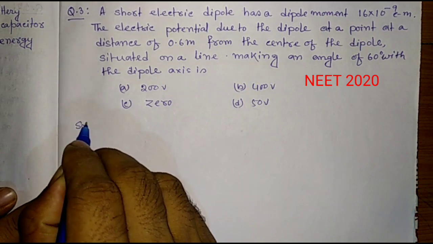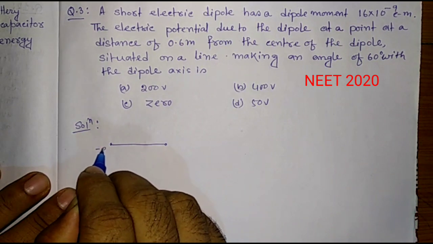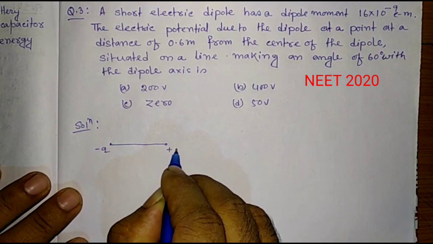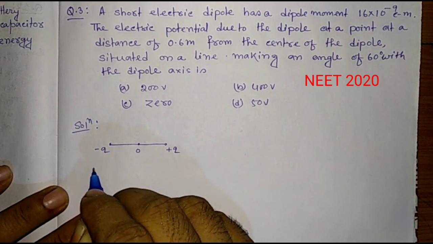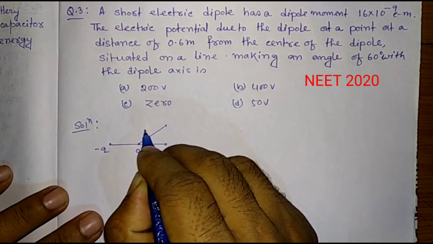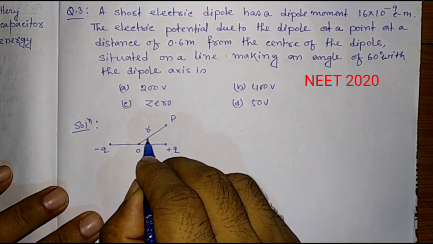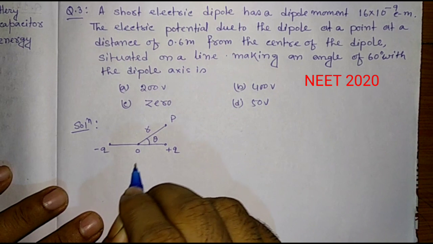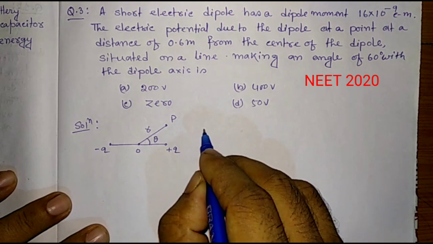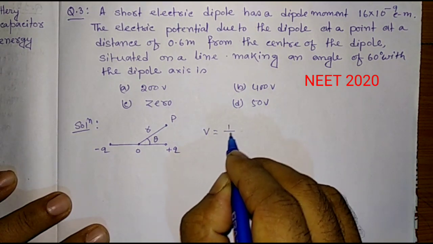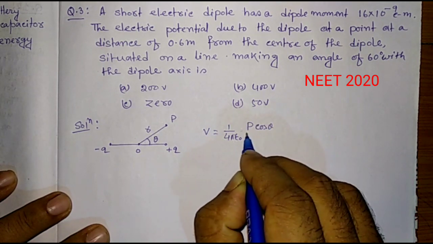So the solution is, suppose consider it is a dipole with charges minus q and plus q. It is the dipole center, and from the dipole center at distance r a point P is located, which makes angle theta with the dipole axis. Then the potential at point P, V, is equal to 1 by 4 pi epsilon naught p cos theta by